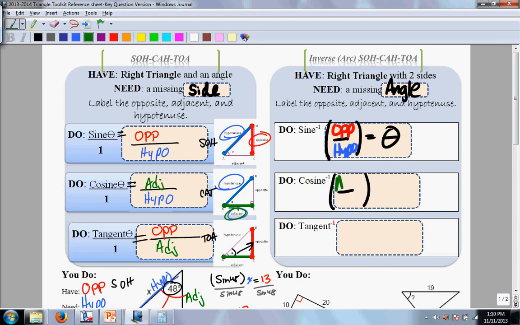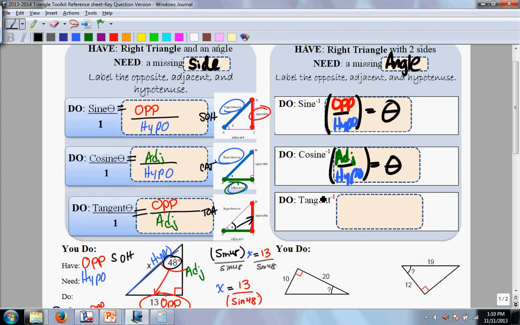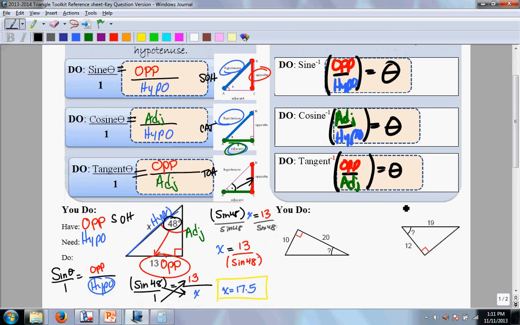Cosine is going to be adjacent over hypo. Gives you angle theta. And tangent, inverse tangent, opposite over adjacent, gives us angle theta. So let's apply this to our two diagrams below. From this angle, I have both the opposite and the adjacent. So I have an OA combination. So for this one, I'm going to use TOA,